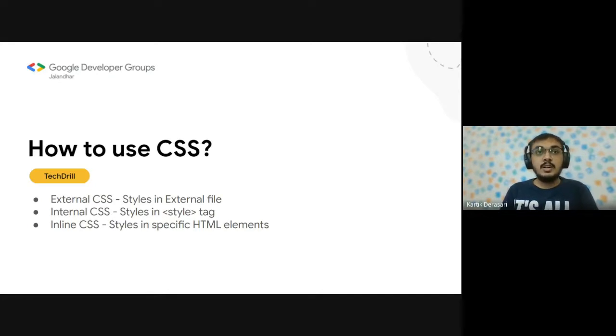So an inline style may be used to apply a unique style to a single HTML element. So for an example, if we are only creating a button, let us consider the TechDrill button on our slide, the TechDrill div.